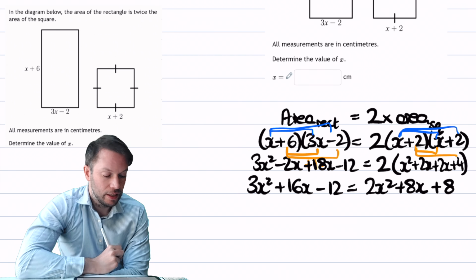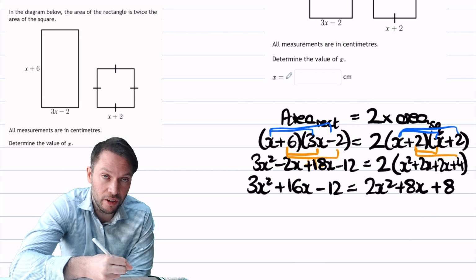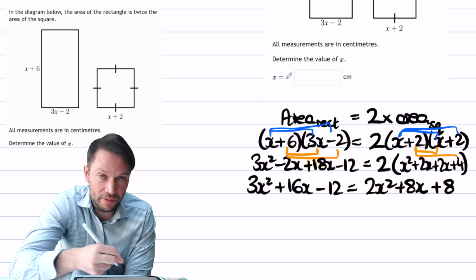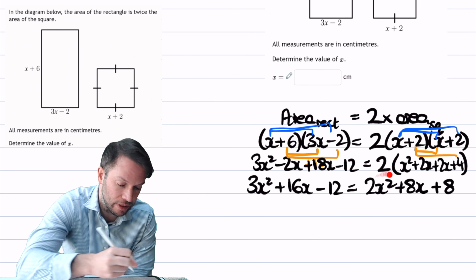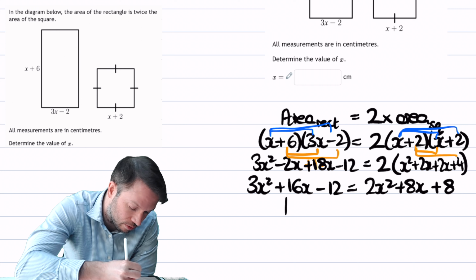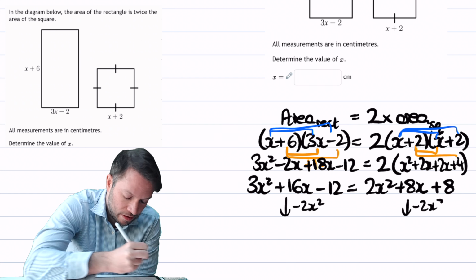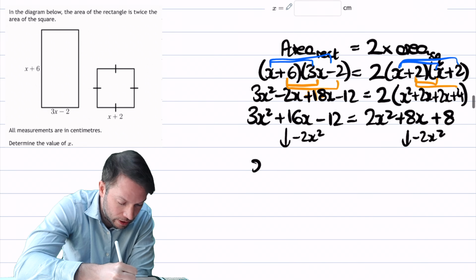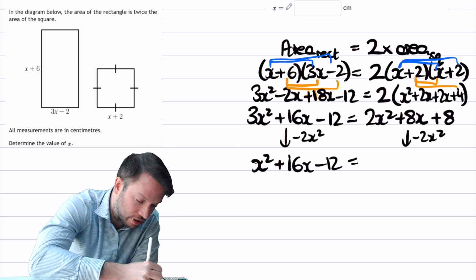So we got that. Now, I want to simplify this. We've got x squared terms on both sides. Let's get x squared on the side where there's more x squared. So 3x squared is bigger than 2x squared. So I want to get rid of that 2x squared by subtracting 2x squared from both sides. So on the left-hand side, I'm going to get x squared plus 16x minus 12 is equal to 8x plus